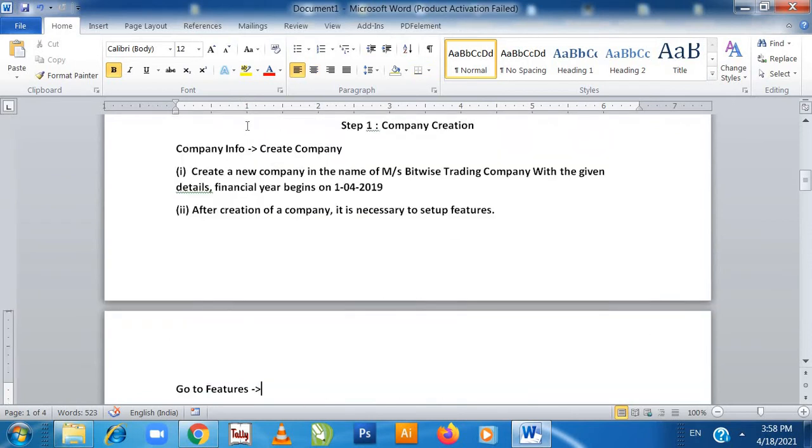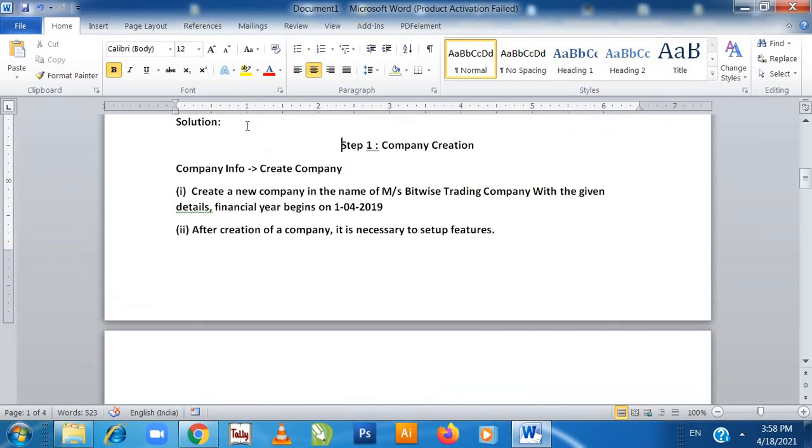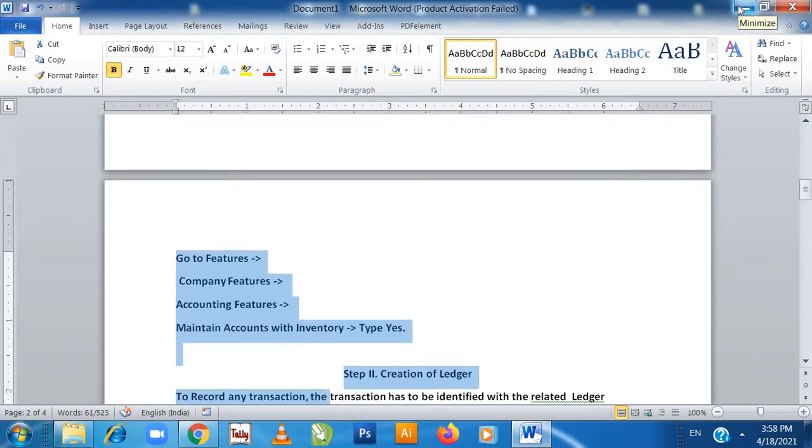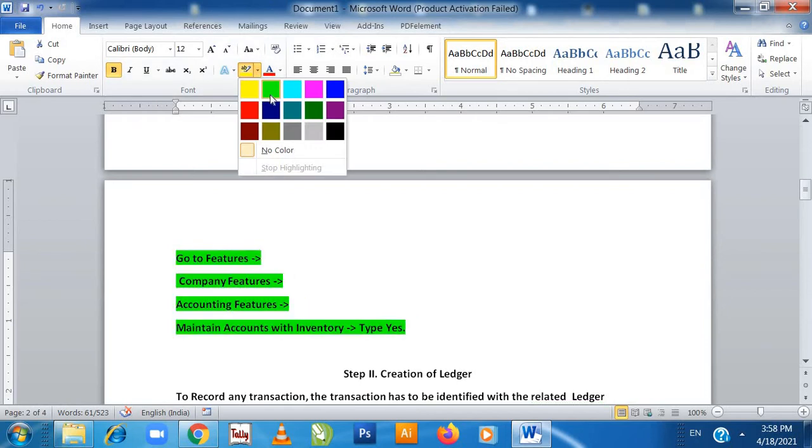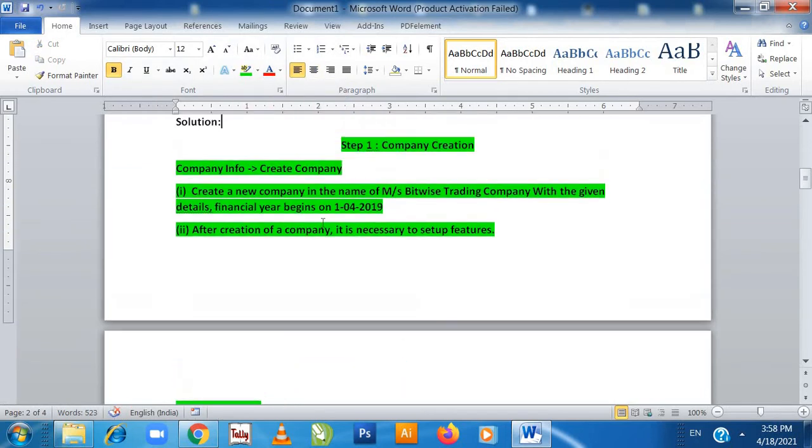Now the solution. The first step that I need to do is create a company. To create a company I have to open the Tally software. So this is my first step, step 1. I'm just highlighting. Step by step we will complete this experiment. So my step 1 right now is company creation.